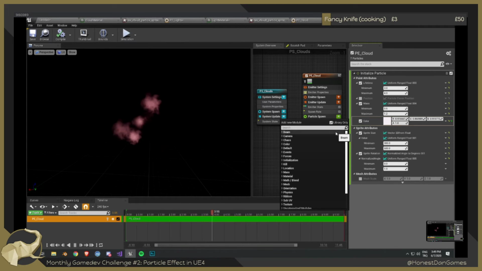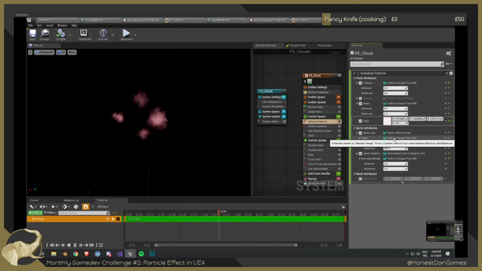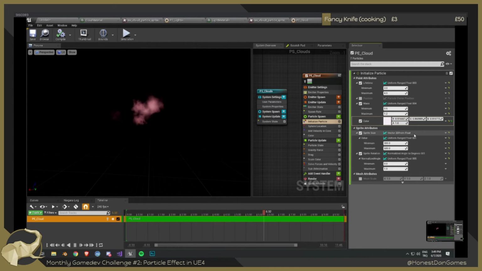I don't know where you do that though. Mesh, yeah. Initialize mesh, reproduction sprite, sample static mesh, maybe. Yeah. We have to extort that bit. Okay. I guess you could make an effect to look like a bunch of coins, for example. You might have a static mesh with coin. Definitely. It'll be like a bunch of them spraying out or falling out, and then they disappear because they're